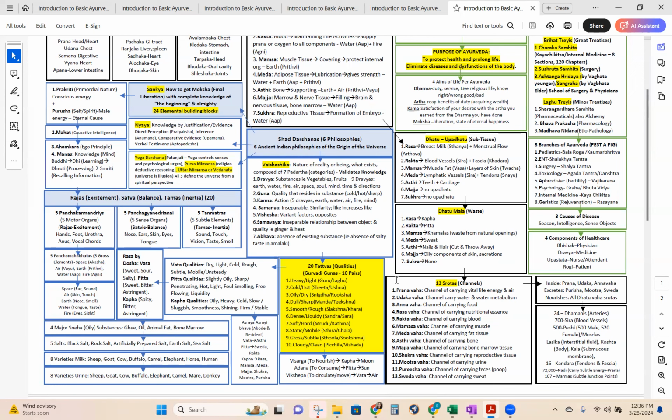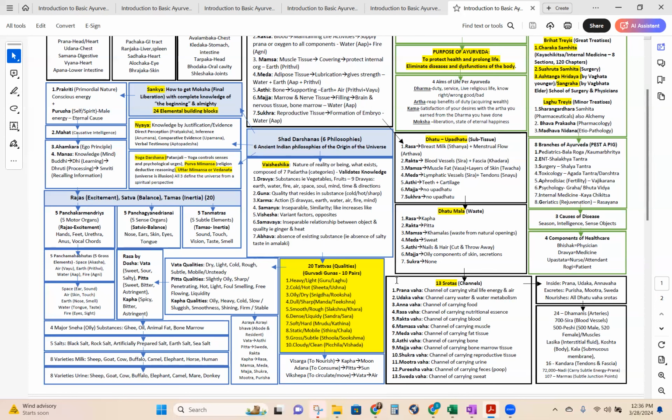And the 20 tattvas, or the 20 qualities, or the gurvadi gunas, the 10 pairs. I highlighted this yellow because this is really important information. So anything that is highlighted yellow, make sure that you are able to review it. But let's continue on. Okay, so the heavy, light, guru, laghu; cold, hot, shita, ushna; oily, dry, snigdha and ruksha;